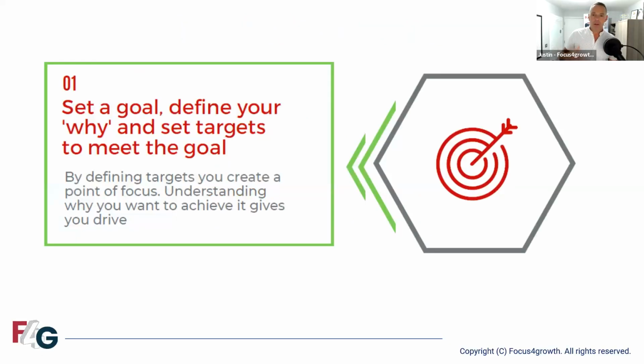So we talked about some of the challenges. We talked about some principles. Let's talk about step one, which is setting a goal or goals for your practice and thinking about how those targets then align with that goal and we start to achieve them. And there's this whole thing you'll have heard, the Simon Sinek movement around start with why. And the why is important. Why you do anything is really important because that's going to keep you motivated.